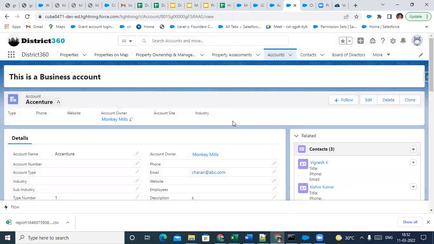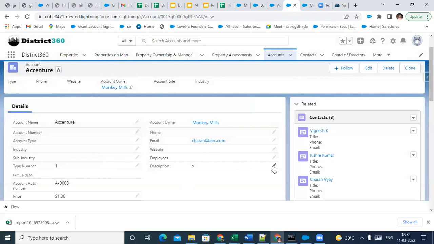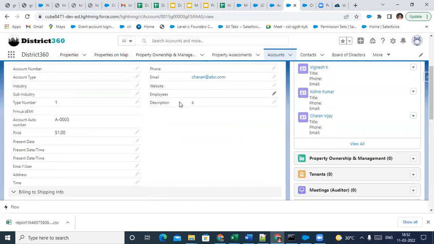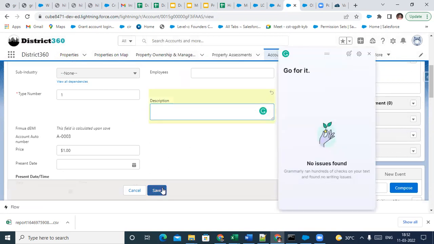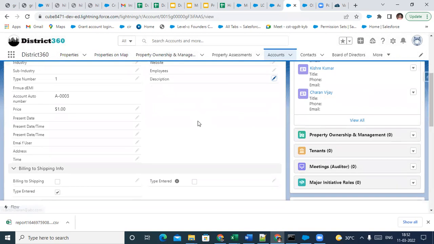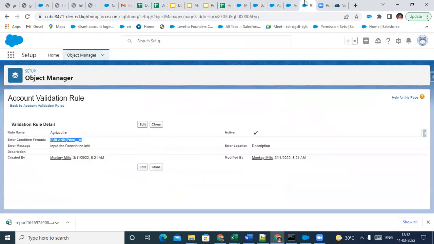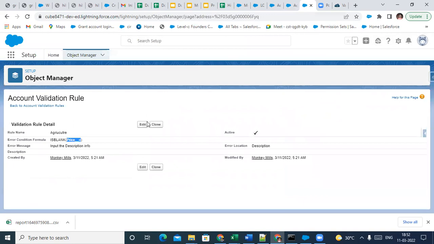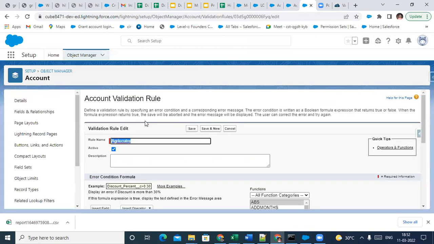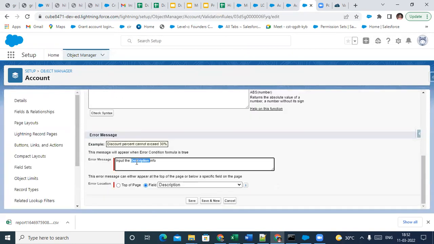Okay, if at all, without filling the price, okay, you will not be able to save this record. Okay, so or if you fill the price, you don't need to put the description. Okay, so that way also it will work, but the criteria which I provided is, if at all, if the price is blank, whatever it is, if the price is blank, you need to fill it. So or we can simply say change the error message. Okay, if at all, if the price is blank, input price